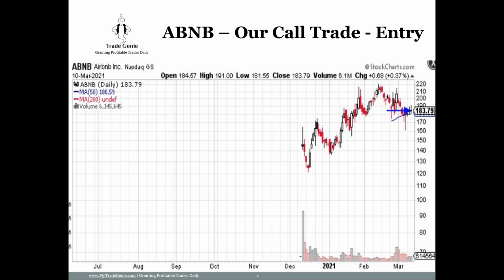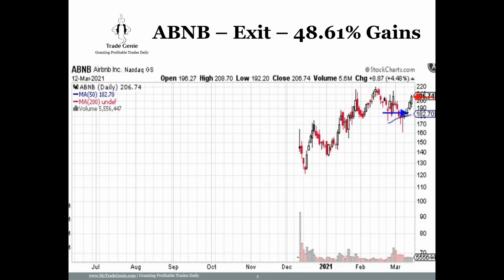So 184 is the support. So we went long on Airbnb, and it's one of the favorite stocks. We make money in the stock whenever we trade. One thing we need to know: if you are tracking your performance on a certain stock in your trades, that gives you confidence also that you can read that stock correctly. So Airbnb here at 184, and boom, it went to 207.